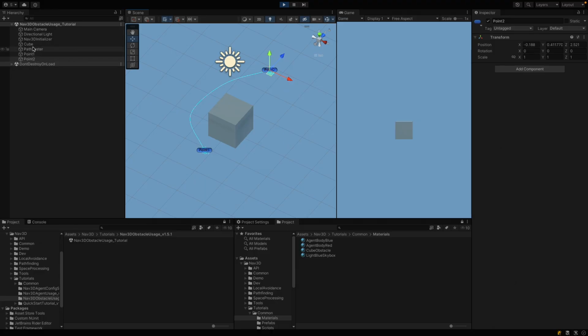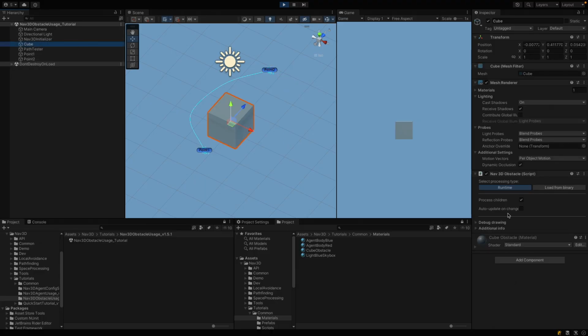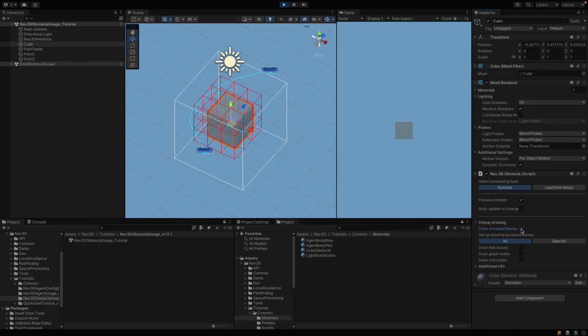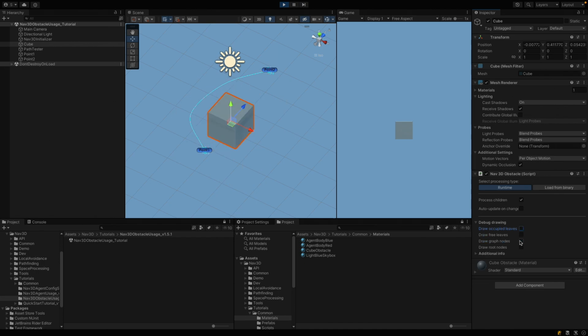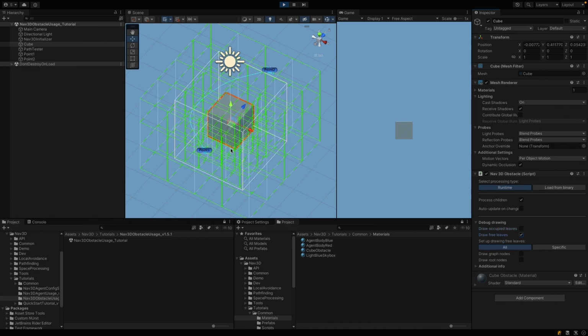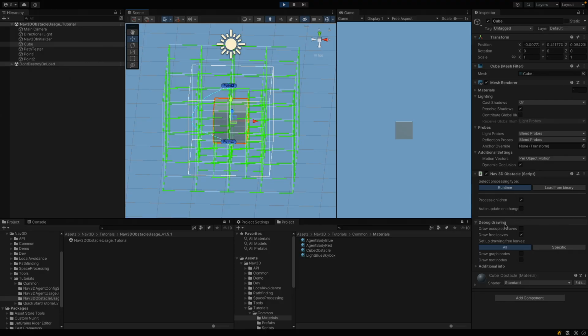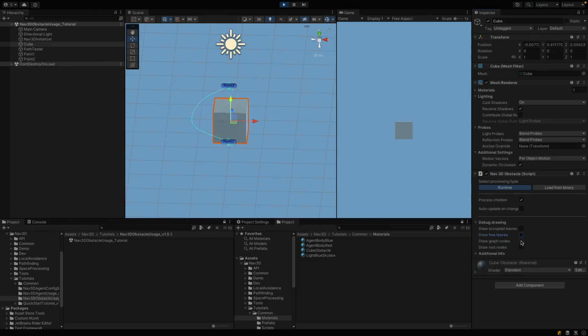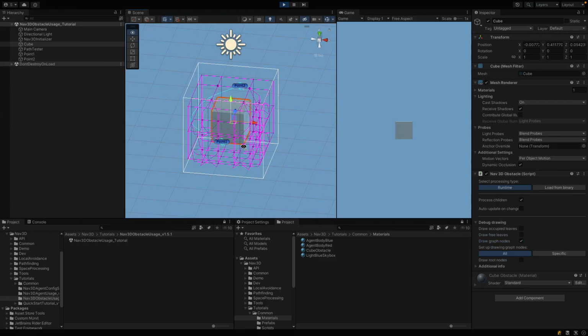In the obstacle inspector, you can enable the display of the obstacle navigation graph nodes. You can visualize occupied OC3 cells, the free OC3 cells, and whole navigation graph,